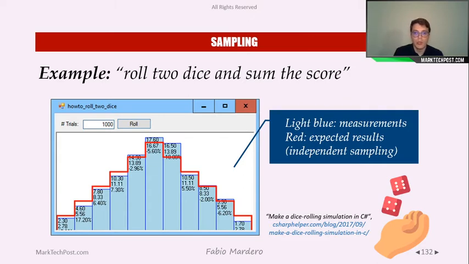Now, we have assumed independent sampling between one roll and the other, but we still can't get the exact distribution after 1000 tries, which could be thought of as a lot. How many hours should I spend to do 1000 trials? And still I don't get the precise true distribution as stated by theory.